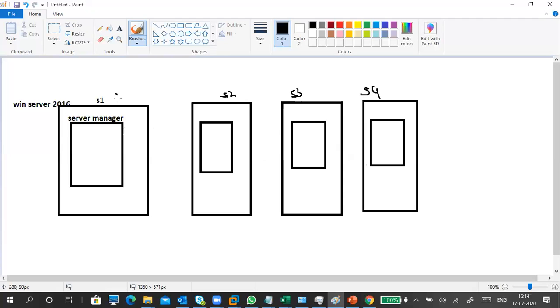But this server is in India. This server is also in India. This server is in Pune. This server is in Hyderabad. And this server is in New Jersey, and this one in Florida or California. Maybe Florida.